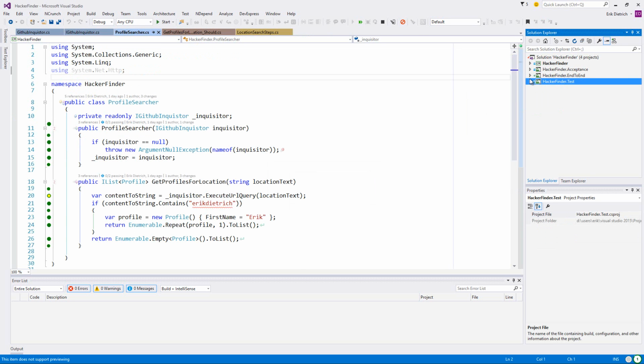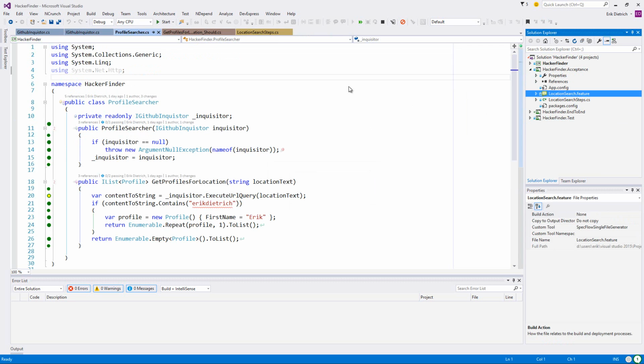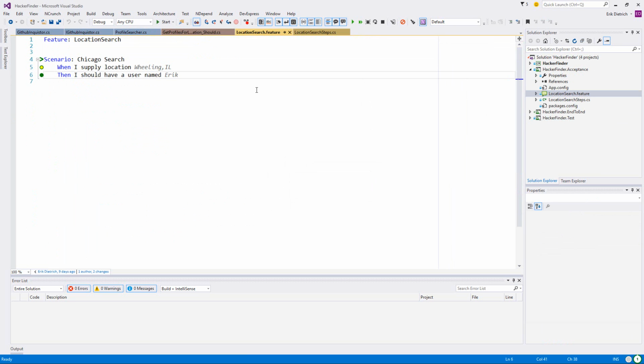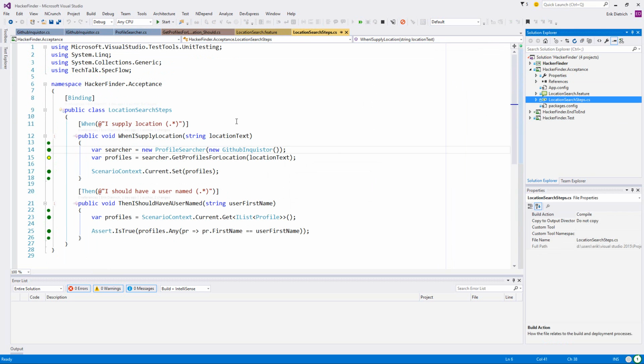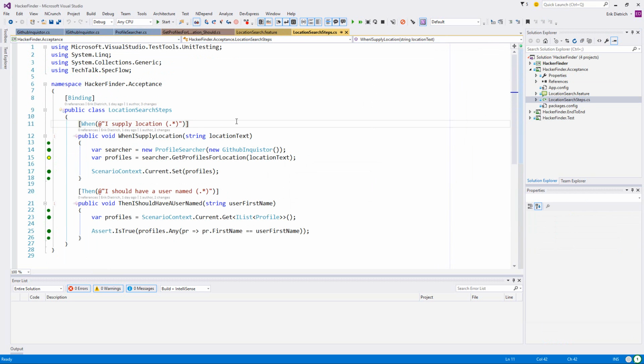Now I think what I want to do... So HackerFinder Acceptance has this, and location search steps. So, you know what? I have a better idea.